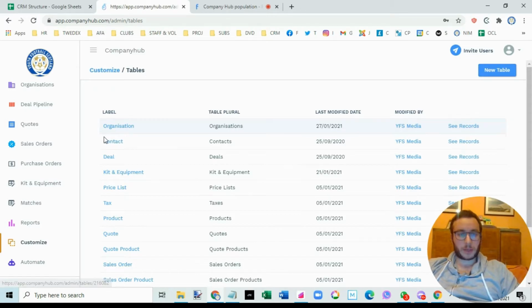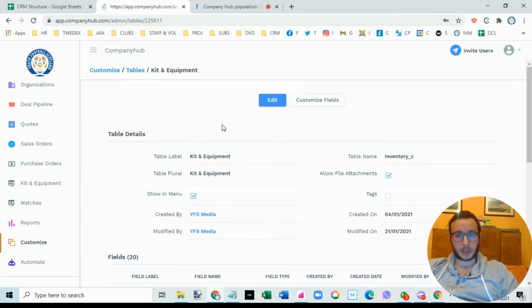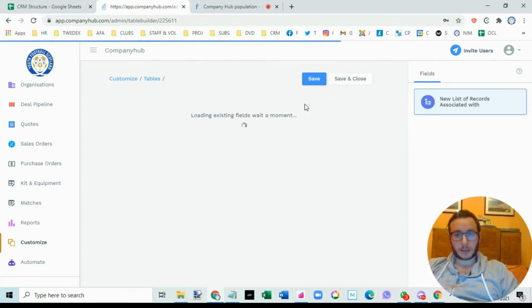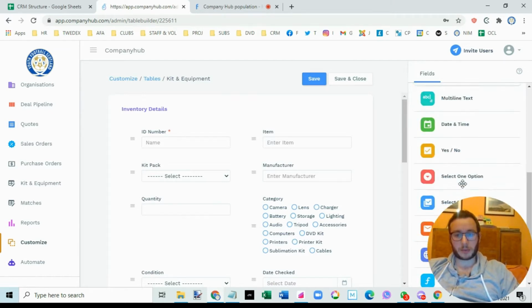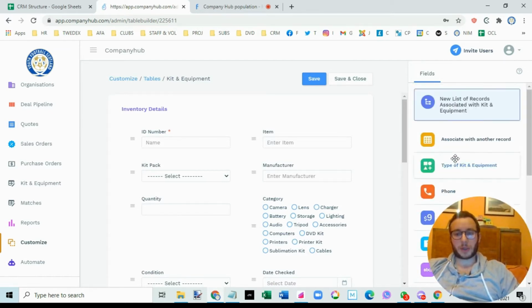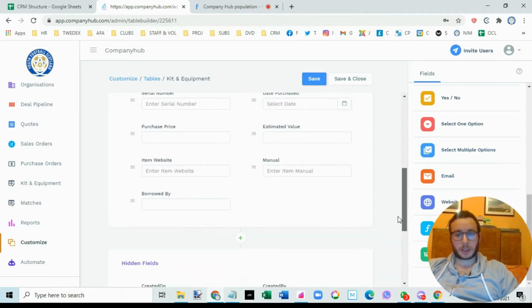And then when you've created it, you have kit and equipment. It comes up with all the fields, and you just basically go to customize fields and drag and drop the relevant fields into the relevant place. You've got all these different field types and options. Most of them are straightforward field types that you'd have worked with before. The one that is maybe slightly different is the